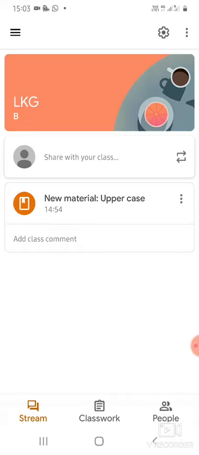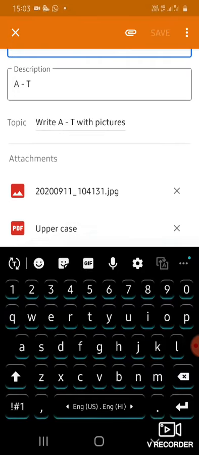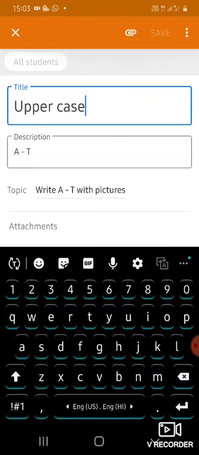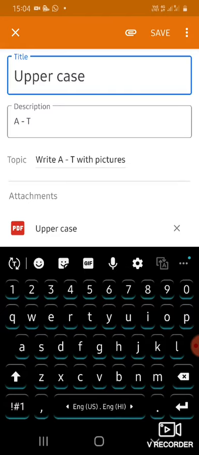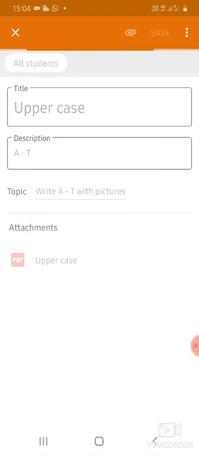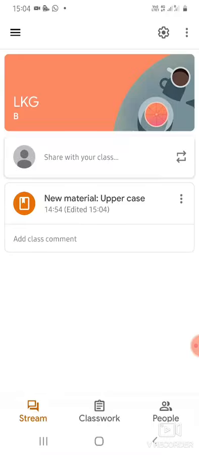So how we can go is, we have to go to the material in the three dots here. As we are entering into the three dots, we are getting whatever the teacher has written in the title, in the description, in the topic, and whatever attachments are loaded. If you think the first attachment which I have loaded is not correct and we should not share this with the teachers, we just have to cross that and save it again, and that is removed. This you can do throughout your class.